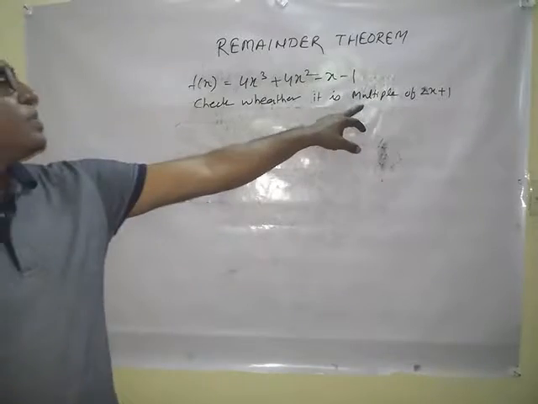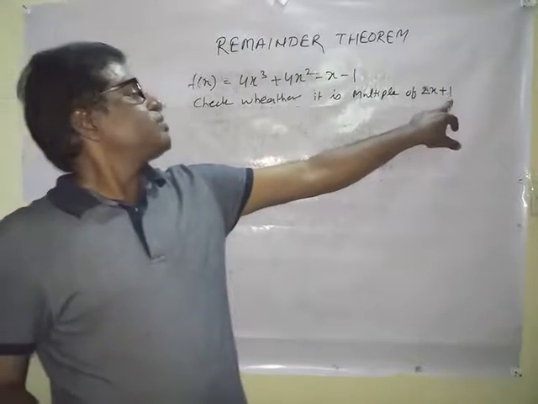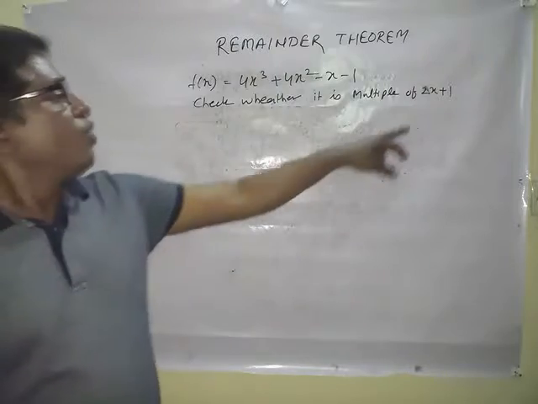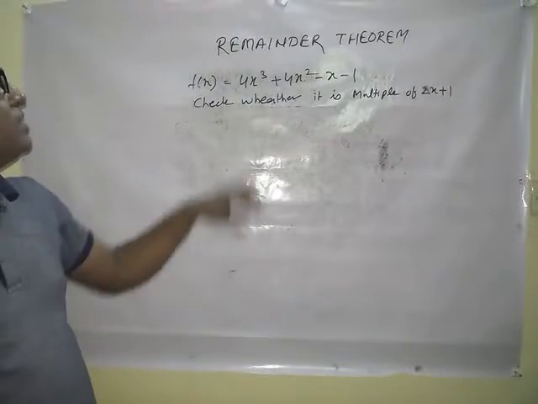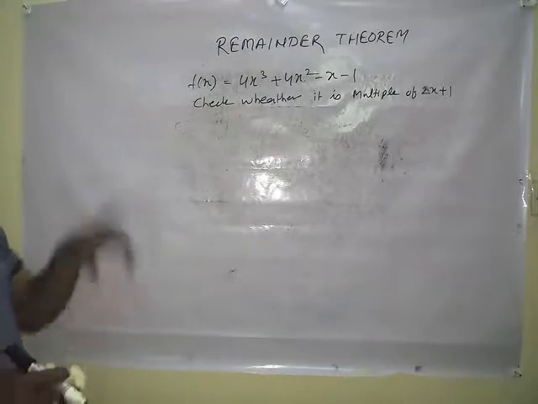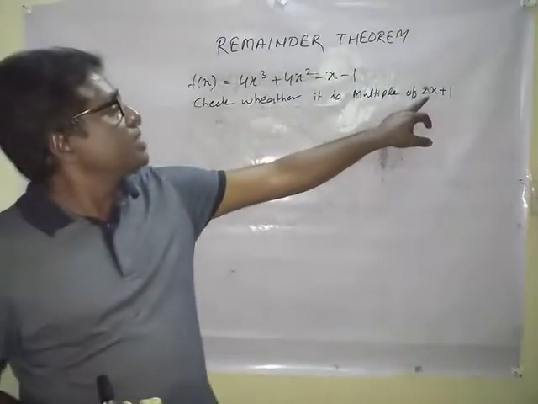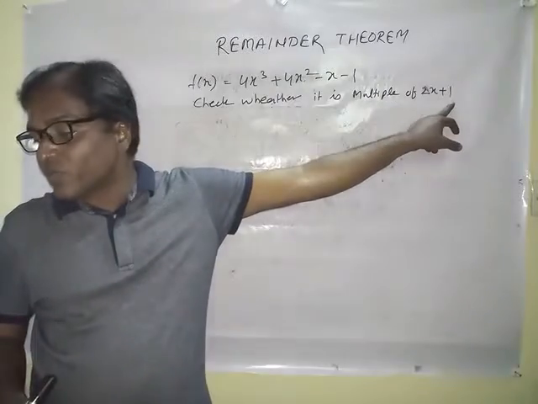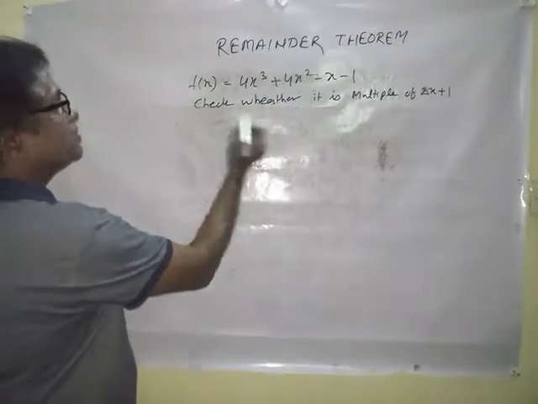Now multiple of 2x plus 1, what does it mean? That means 2x plus 1 is a factor of this. You have to check this. When 2x plus 1 is a factor of this polynomial equation, then the remainder will become 0, because when it is completely divided, the remainder will become 0. So to prove whether this polynomial is a multiple of 2x plus 1 or not, what you have to do, again as per the remainder theorem,